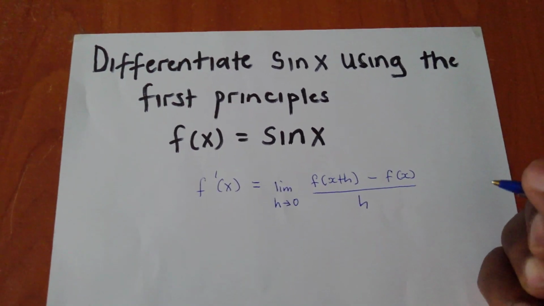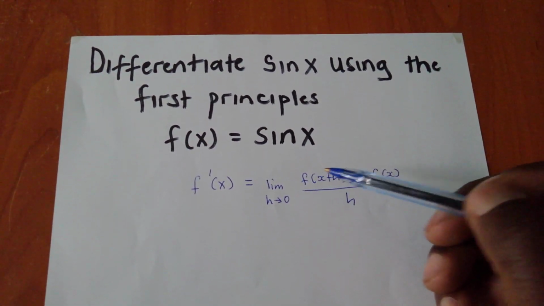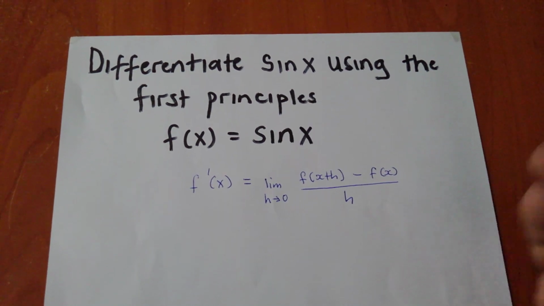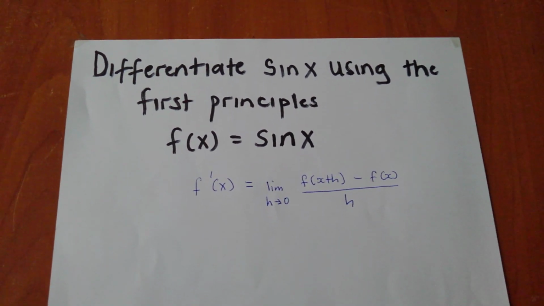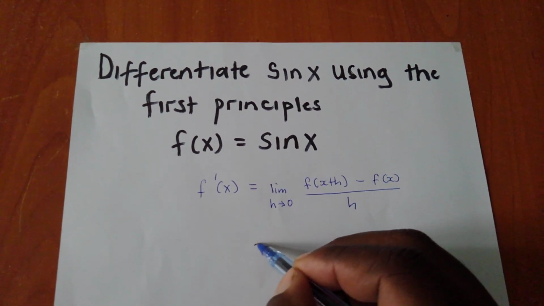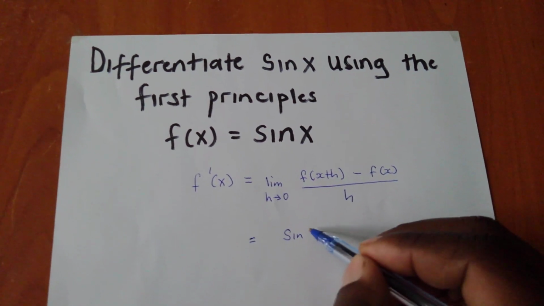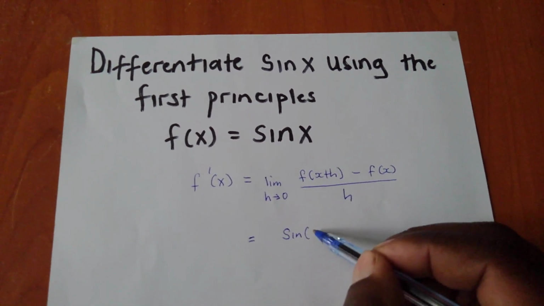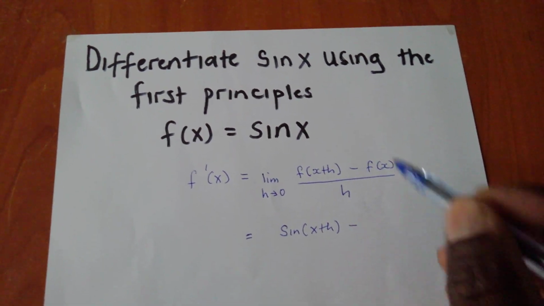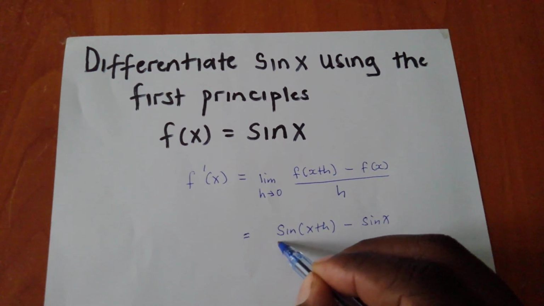So remember, I told you that this expression says that whenever we see x, we have to add h. We have to attach h whenever we see x. So having this, it means we shall have sine of x with h attached to it, then minus the f(x), which is sine x, over